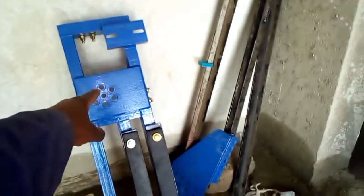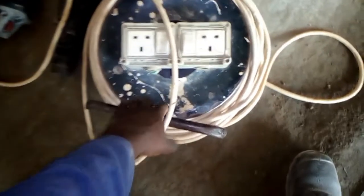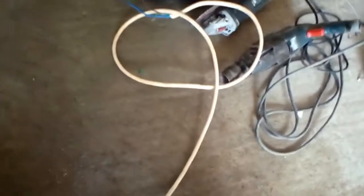And today I'm going to be making a video on how to install the lift or elevator motor base, the base where the motor sits. Okay, so this over here is the motor base, and this here is our power extension cable,